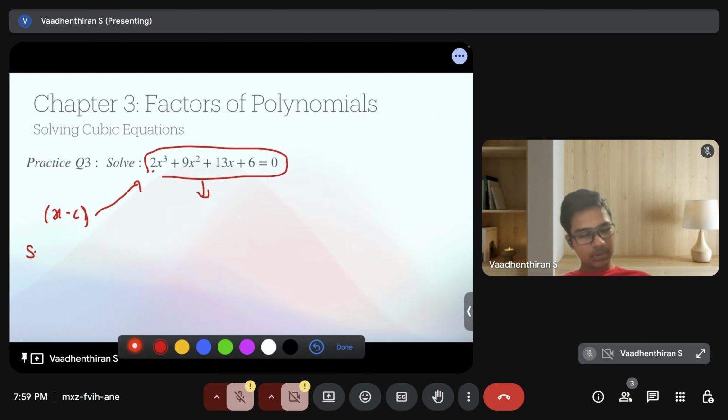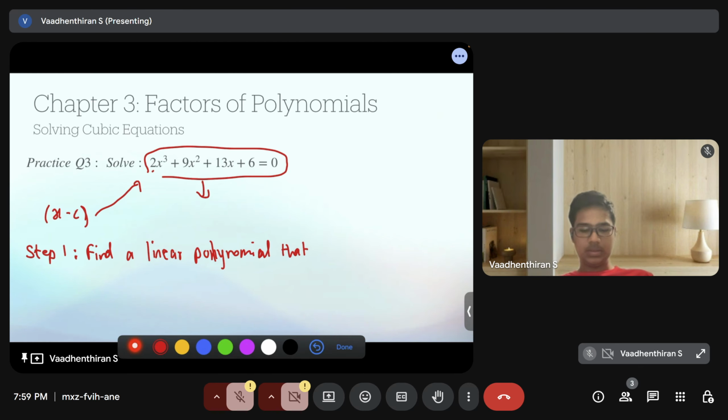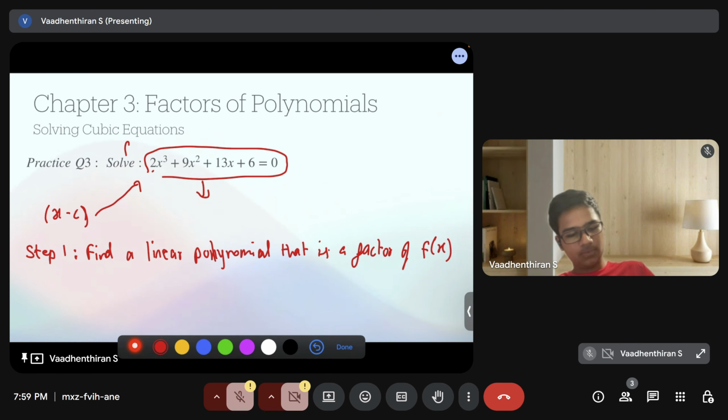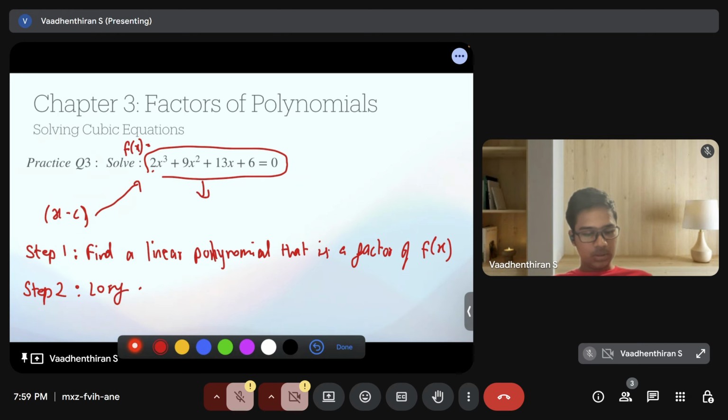So step 1 is to find a polynomial that is a factor of f(x). So if this is f(x), find the function's factor. Step 2 is to do the long division, and then step 3 is to factorize